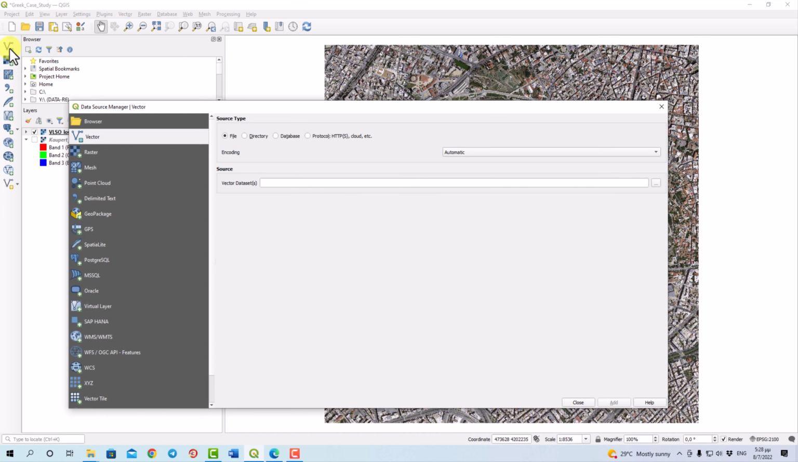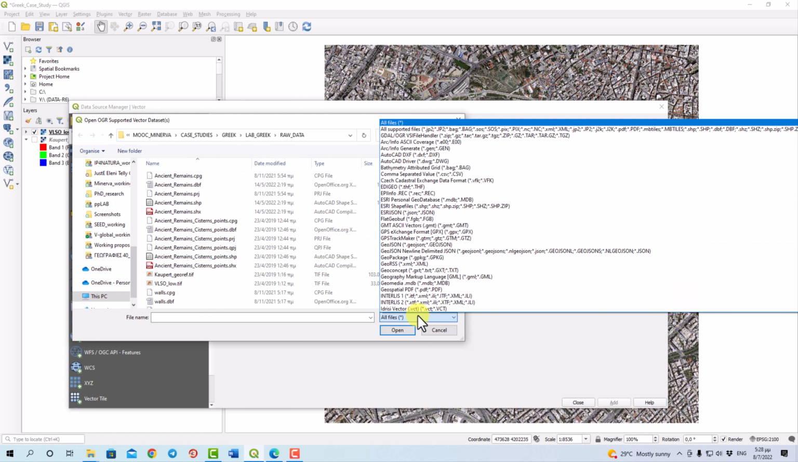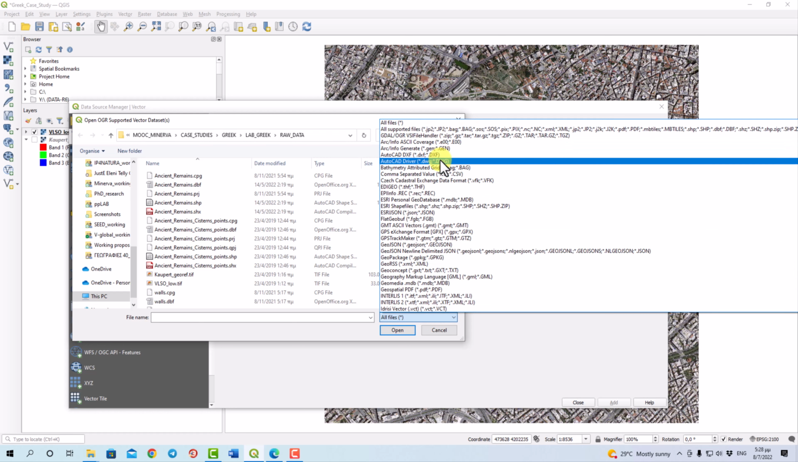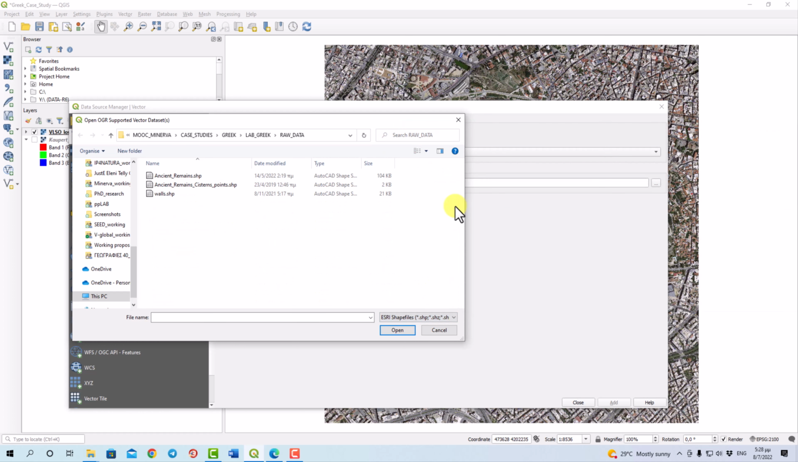Click the three dots to navigate to your File Explorer and browse in the path where all data are stored. See MOOC MINERVA, Case Studies, Greek, Lab Greek, Raw Data. If needed, you can click on the drop-down on the right to select the option, All Supported Files, or the specific format of your vector data, specifically ESRI shapefiles for the Greek case study, to filter only the relevant files in your folder. Select the Ancient Remains shapefile and the Ancient Remains Cisterns Points shapefile and add them in your